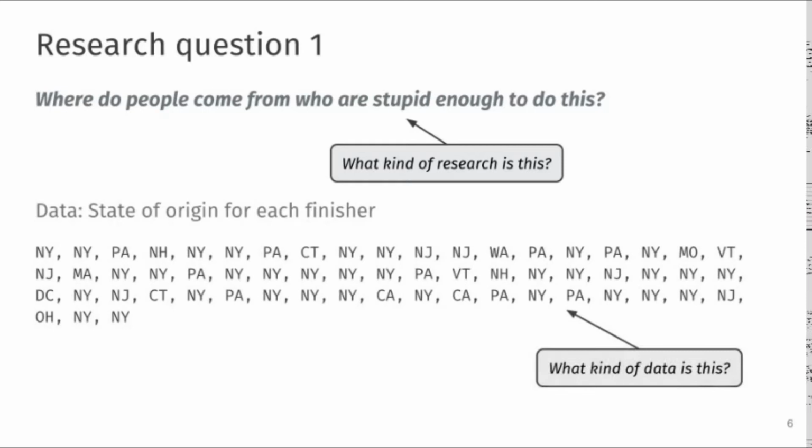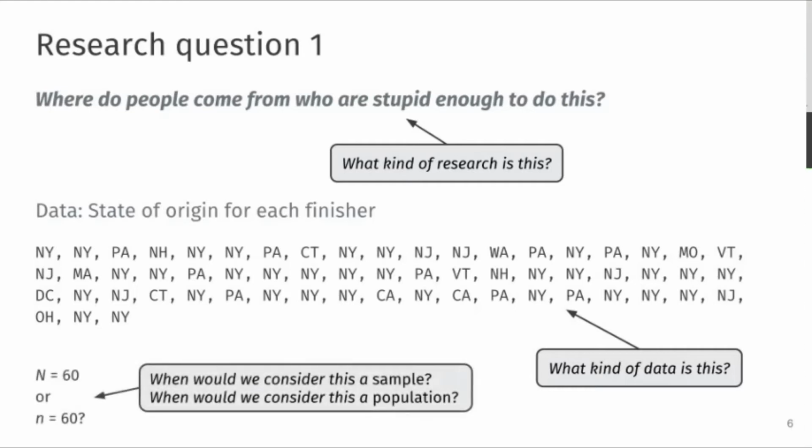In any event, the data that we have to work from in this case is the state of origin for each finisher of the 2015 running of the 50-mile course at Virgil Crest. And here, it should be pretty clear that there's a number of New York entrants, as you would expect, but it seems like there's a fair amount of variability there as well. So again, I will ask you a question, but not answer it. What kind of data is this? Is this on an ordinal scale? Is this on an interval scale? Is this on a ratio scale? Or is this on our old friend the nominal scale? Well, think about that, and we'll move on